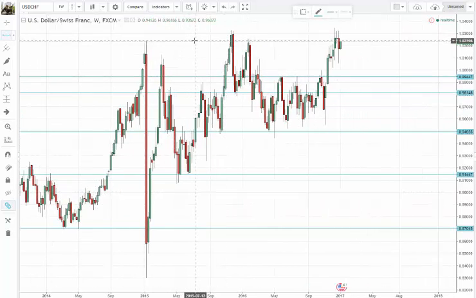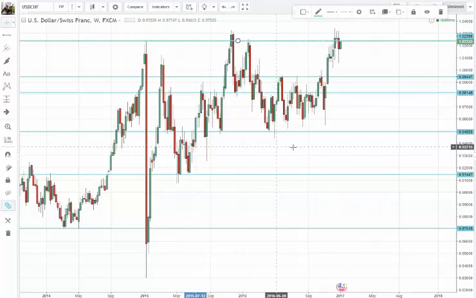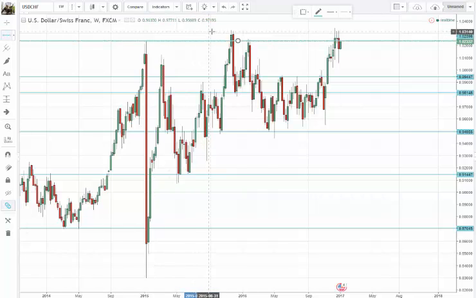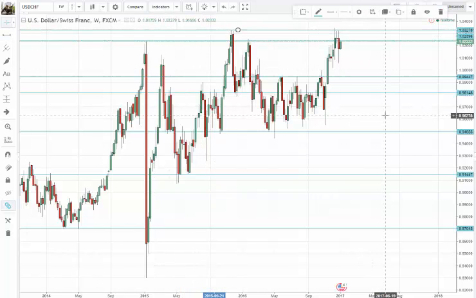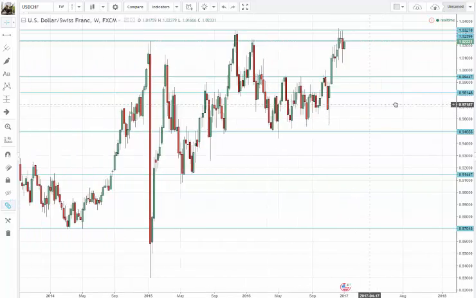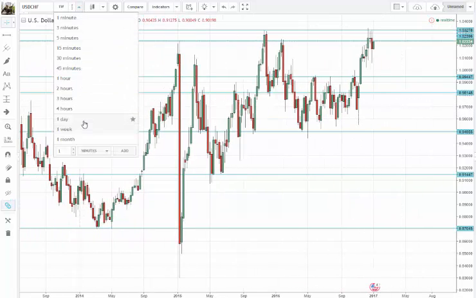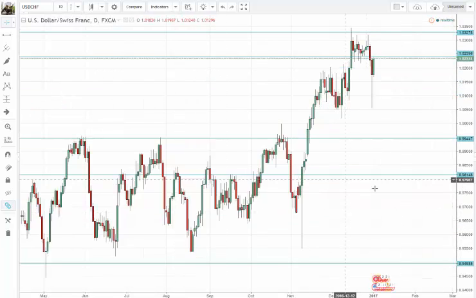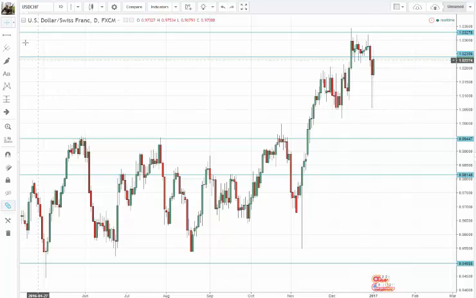Over here, the last one I'm going to draw into the weekly, and this one, of course, that's where we're at right now. It's very interesting to see how price behaves in these areas. Let's move down a little bit. On a daily, of course, the lines will still be here. As we can see, this is